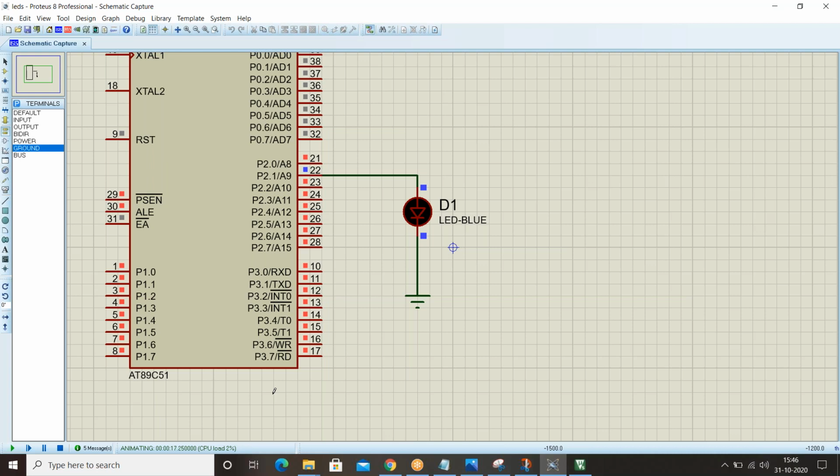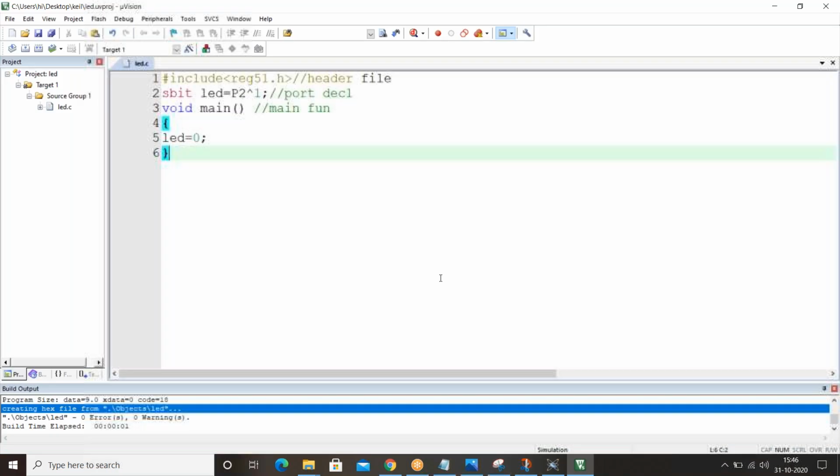I'll just paste this code here, control C. One second, guys. So I pasted the code, a very normal code. Here the steps are more important: header file, port declaration, main function. These are the steps, very easy steps.